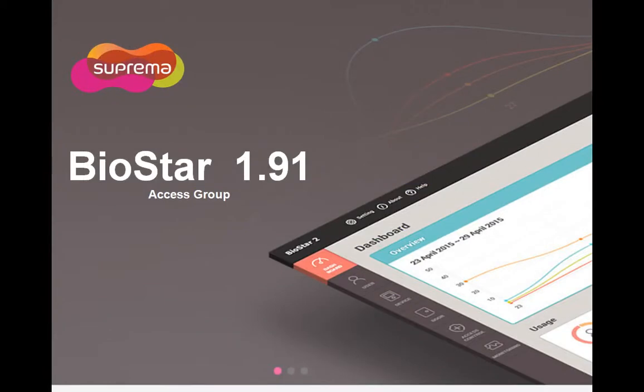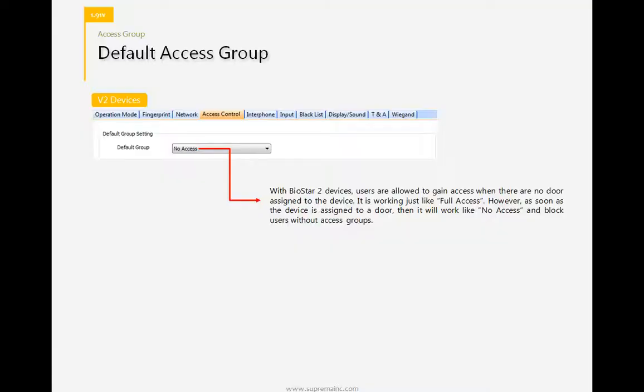Now from the access group, this is also another very important part. As you know, all the devices have default group settings, which are no access and full access.